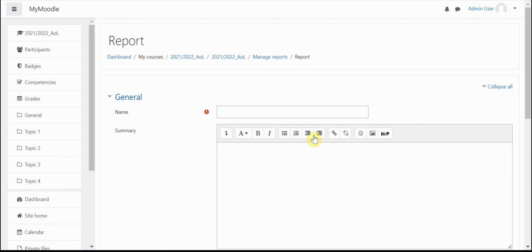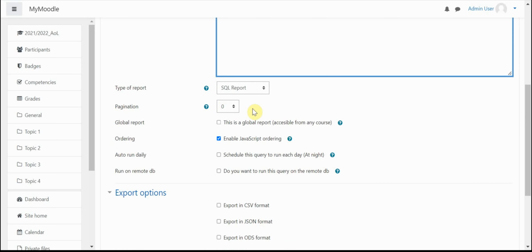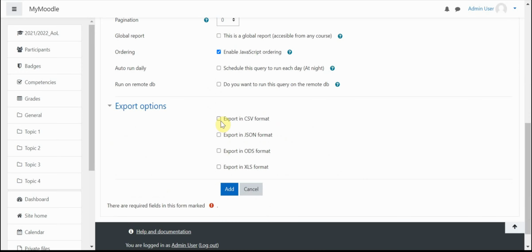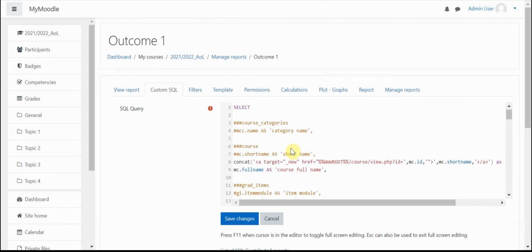Add report, give it a name like outcome 1 maybe. Give it a description, give it SQL report, everything by default. If you want to import it as CSV or as XLS, it's your choice. And then add. Now paste the report code that you copied from our page, and then go through that